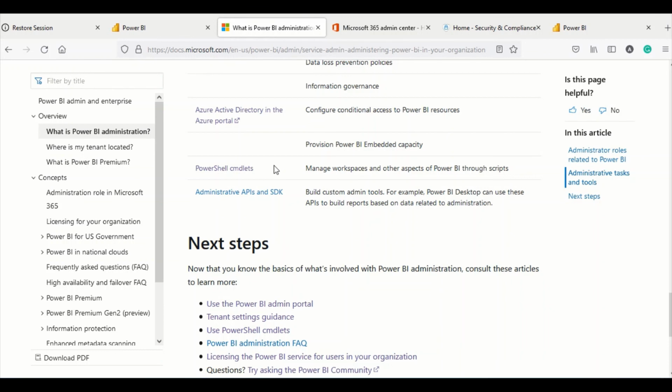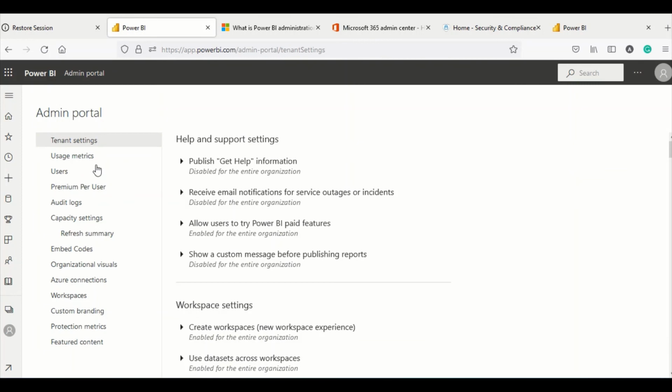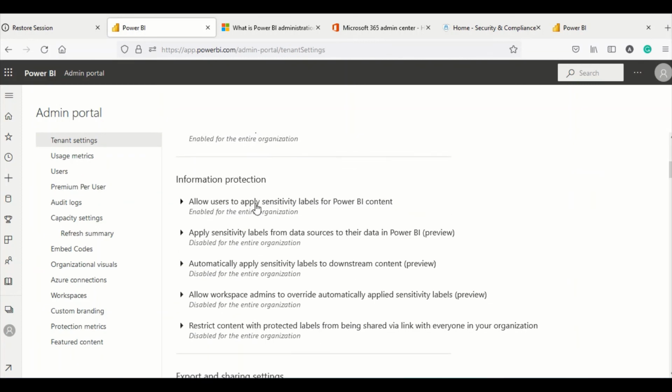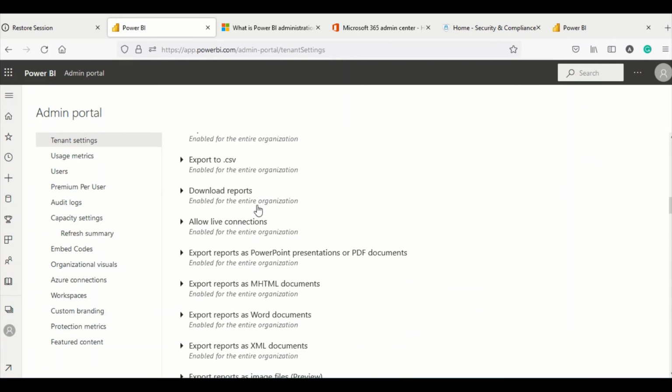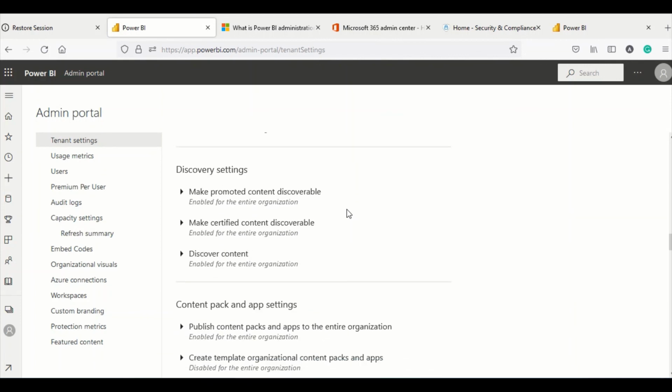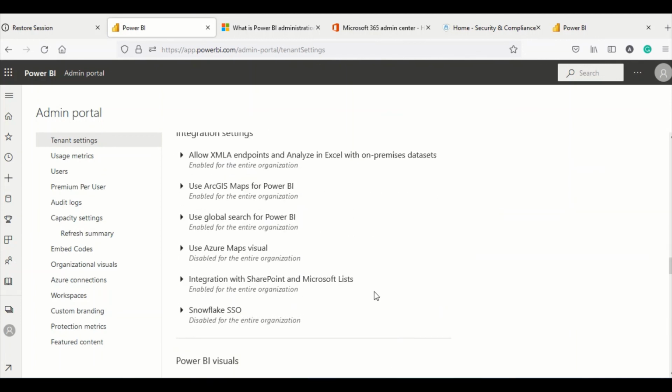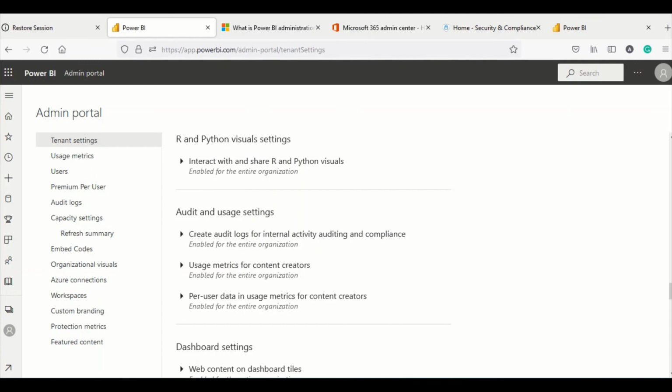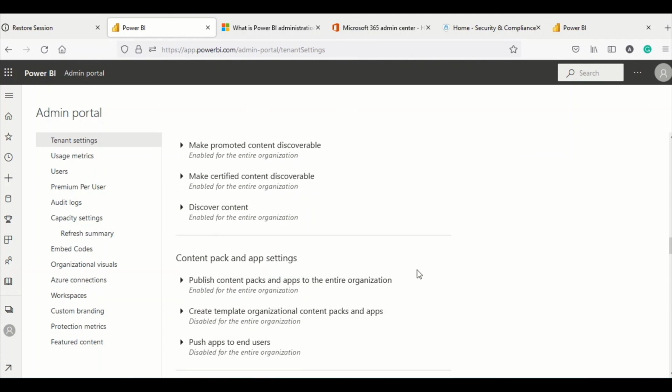So these are the various things there, and Power BI administration is very important. In some other video we will go into the details, because there are lots of things here in Power BI administration. Every single thing you can control of what is happening on Power BI service. So we have to go ahead and explore these, and we'll cover that in some other video.